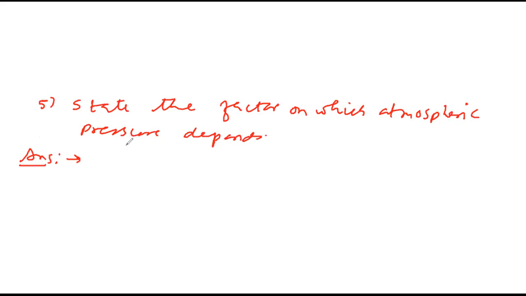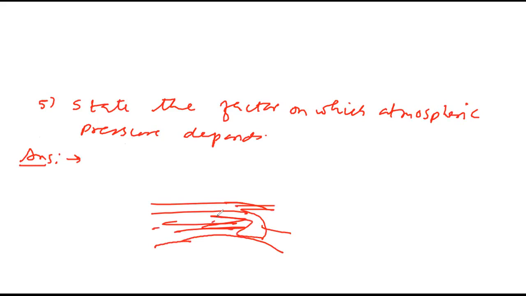Sir, I don't understand this question. What is atmospheric pressure? Actually, it is pressure due to air about me, no? Yes. So if I go to a hill station, that means I am at a higher height, so above me, air level is less. Okay, I understood, sir. Means if we go higher, the density of air will decrease, hence the pressure will also decrease.